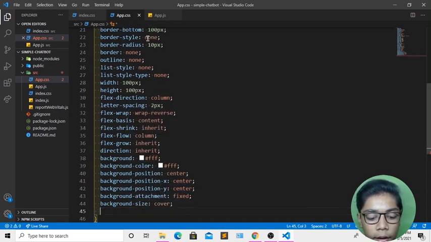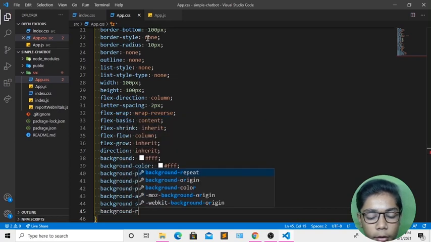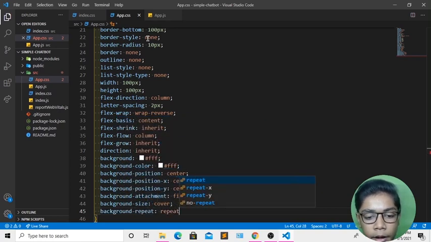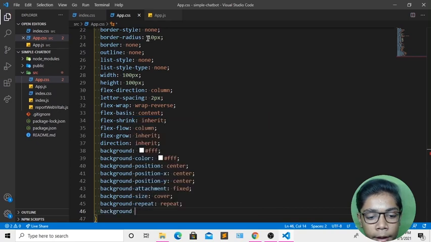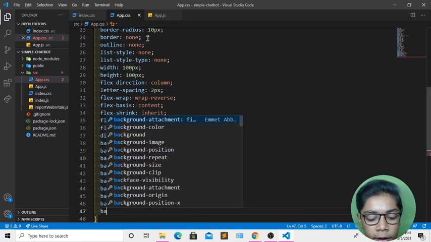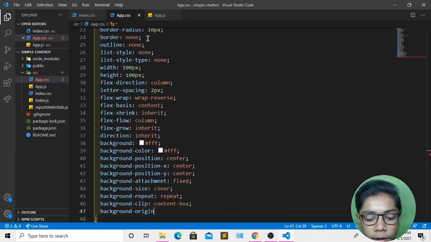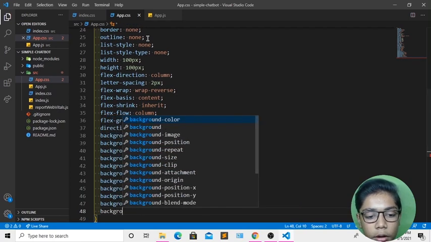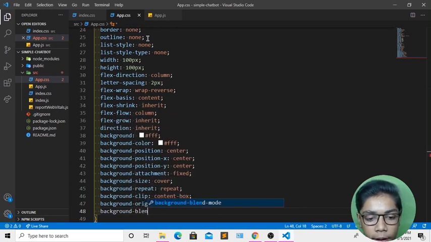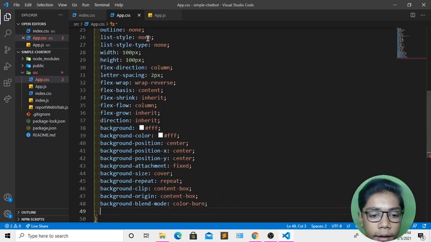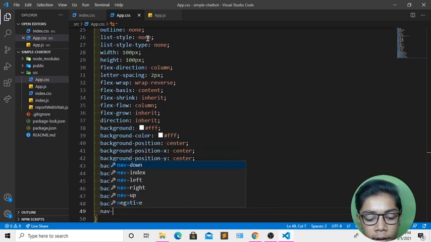Here I will be coming underneath and creating background repeat, which should be repeat, and underneath creating background clip. I will be creating background clip content box. Then come underneath and create background origin content box. Then create background blend mode, which should be color burn. When you've done that, I will be coming underneath again and creating a tag called nav